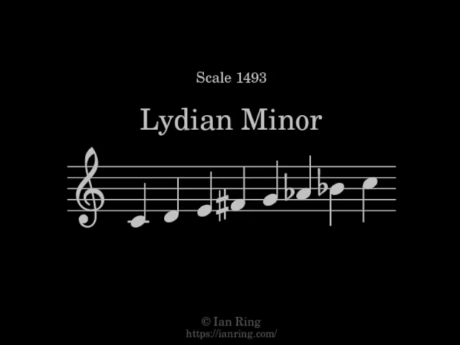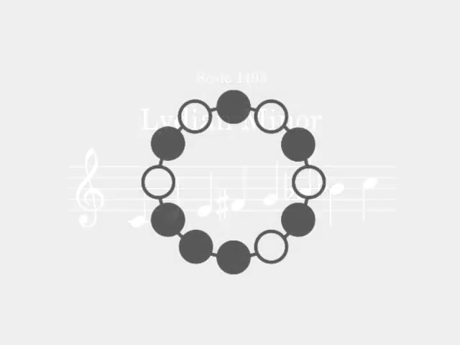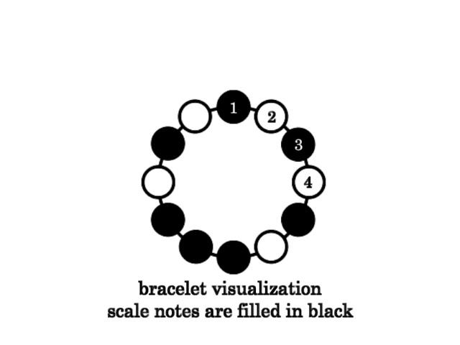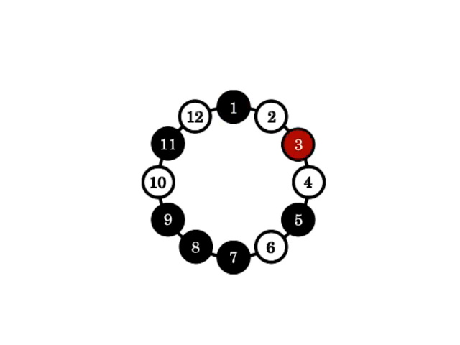Let's look at an example. This is Lydian minor. It sounds like this. Visualized as a bracelet, it looks like this. See the pattern of intervals in the way the tones are spaced out around the 12 tones. Because this scale has 7 tones, it also has 7 modes. Think of a mode as just one of the 7 ways that this pattern can be rotated to form another scale. The first mode is itself, Lydian minor, which is scale